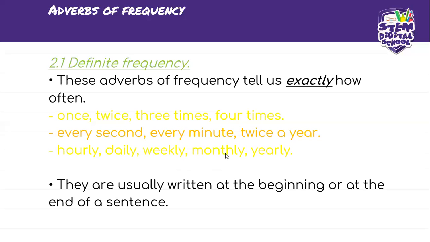Let us say, for example, your parents give you an allowance monthly. If your parents give you an allowance monthly, and you go to school for 5 years, from that we can calculate how many times you received your monthly allowance during those 5 years. So that is something about these adverbs which tell us exactly how often something happens. From there, we can calculate how often something happens, or what the chances of that thing happening are. Are we all together? Yes. That is how it works.